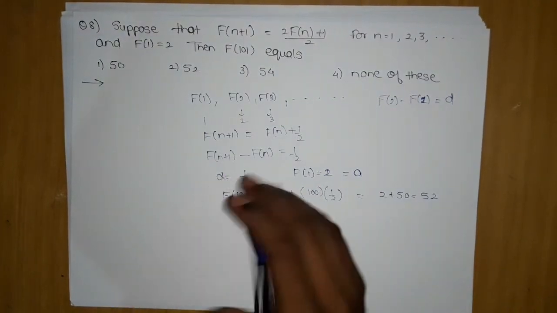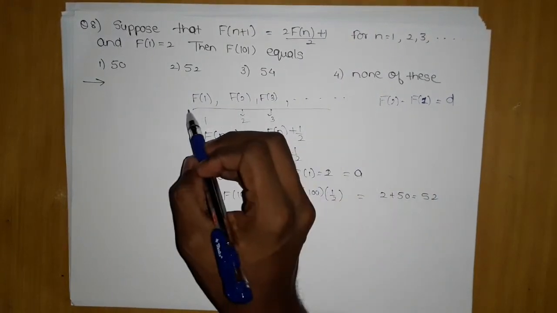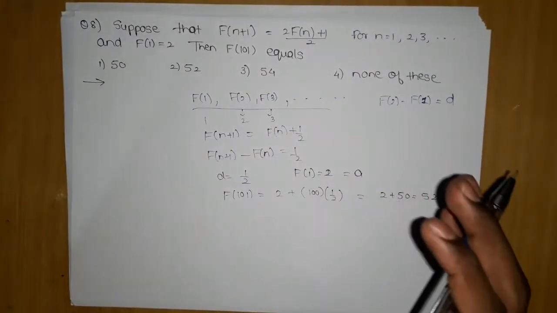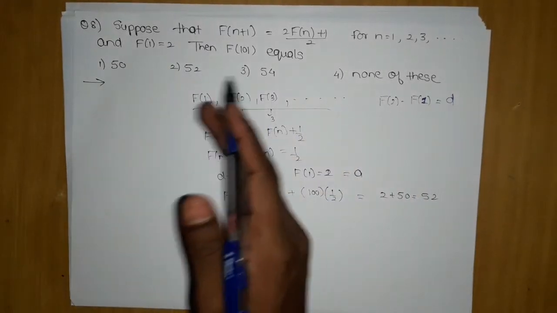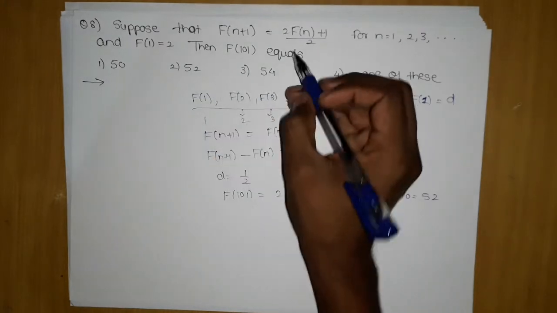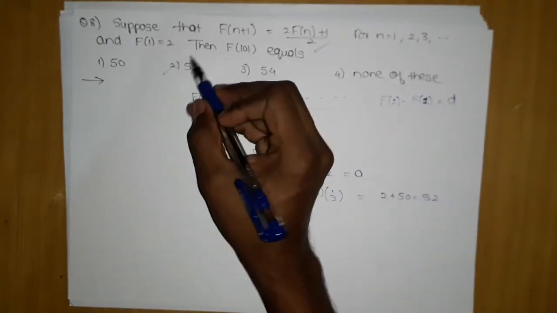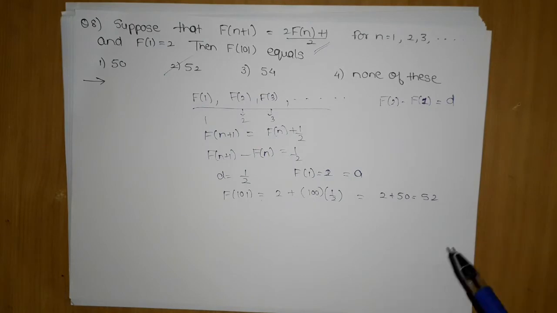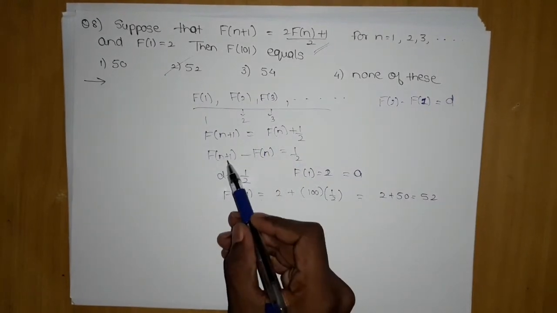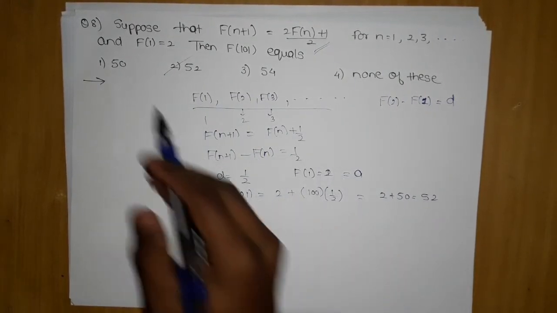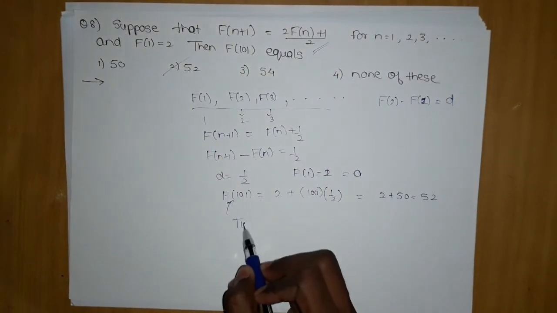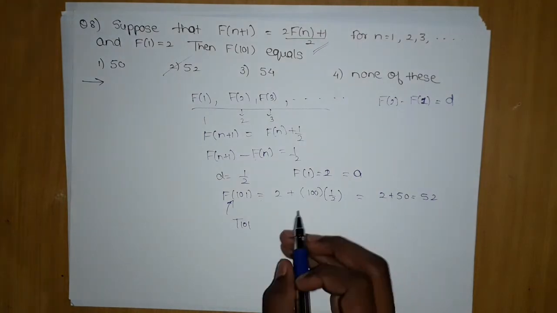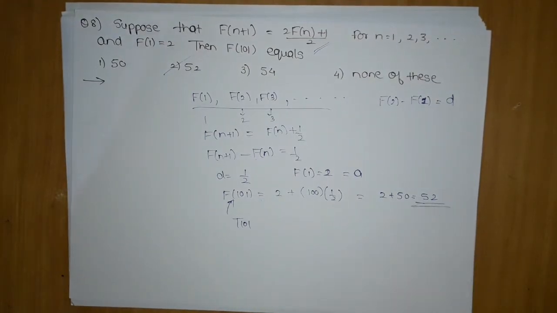This was just a surprise question giving you a sequence in function terms, making you afraid. But you must understand that a sequence can also be given in functions, like f(n+1) = f(n) + 1/2; this one is a classic example. I hope you have understood this problem. It was just a basic manipulation: f(n+1) - f(n) is my d, f(1) is given, so this will be my t101, and I got 52 as my answer. Now let's move on to the next question.